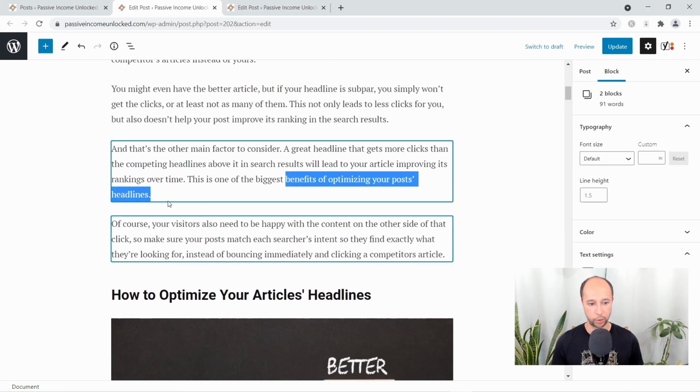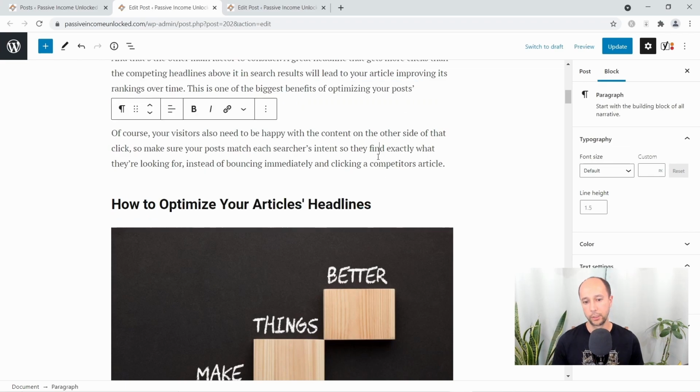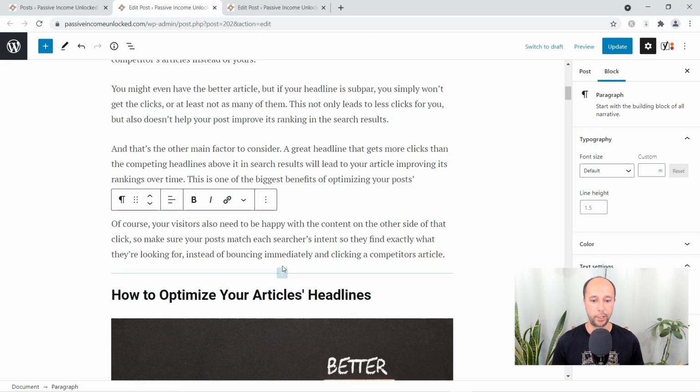Benefits of optimizing your post headlines. Optimize your article's headlines. So as you can see, I worked in quite a few variations in here, and I